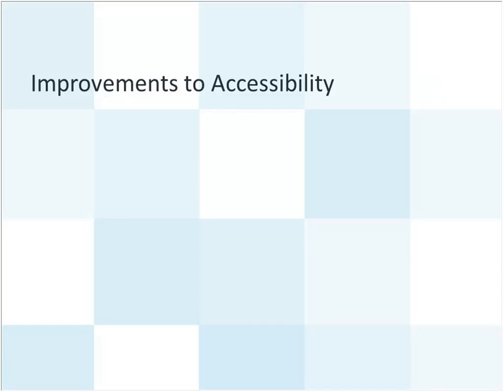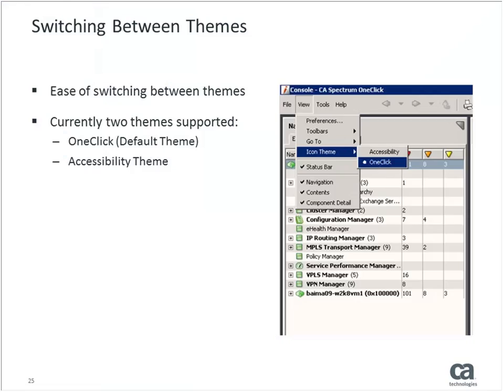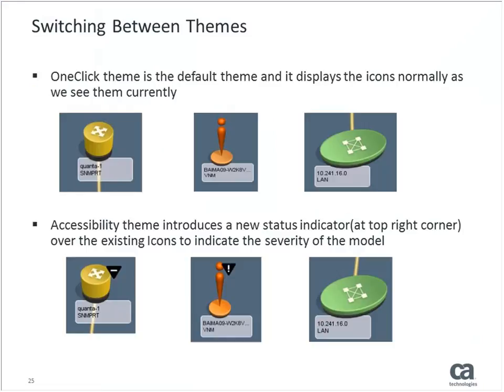The other thing is from an accessibility perspective. We obviously have a lot of our federal customers who require some of these accessibility changes within the tool. But what we are realizing is more and more corporates and enterprises are being conscious of accessibility within their monitoring solutions as well. So we've taken some additional steps with the 10.1.1 release. First and foremost, we have the accessibility theme again now. You can switch between the OneClick normal theme and then the accessibility theme, where you need not necessarily rely only on colors.